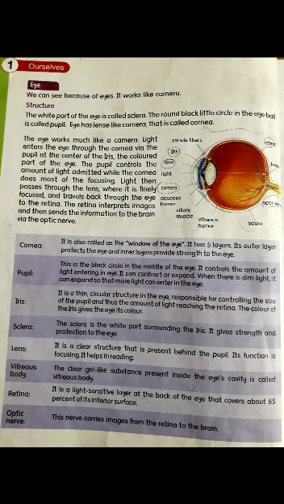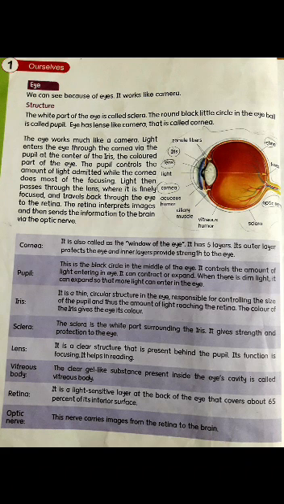What are different parts of eye and what are their functions? Now look at that purplish area. First of all, we are going to discuss about this. First one is cornea. Cornea is called as a window of eye because cornea is the outermost layer of eye. It has 5 layers, and the outer layer of cornea protects the eye and the inner layer provides the strength to the eye. Okay. Then pupil.